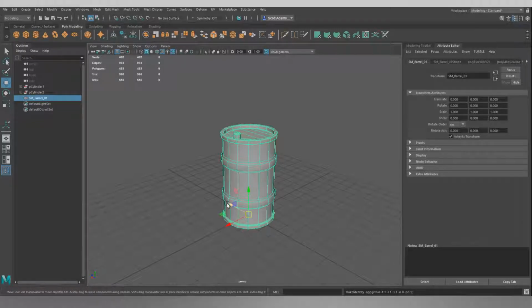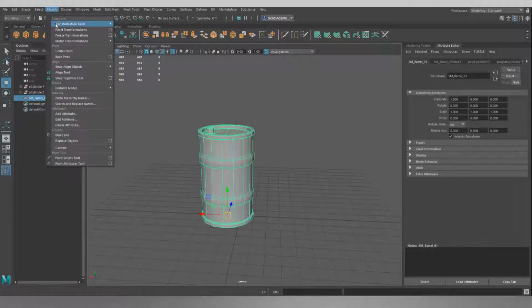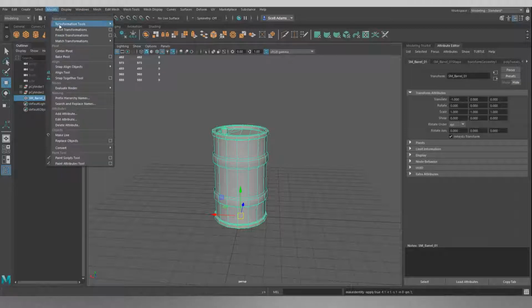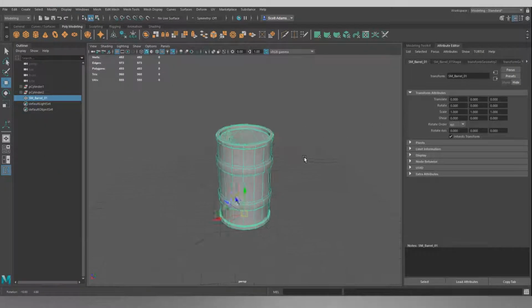Now what that would do is, if we set X to 1, say, we've moved it 1 off the center. This is a transform that's been applied in here. When we freeze that, it makes this the new 0 value. So I'm just going to minus 1 this to bring it back and freeze it again. The reason we want all of these to be set to 0 is because these are